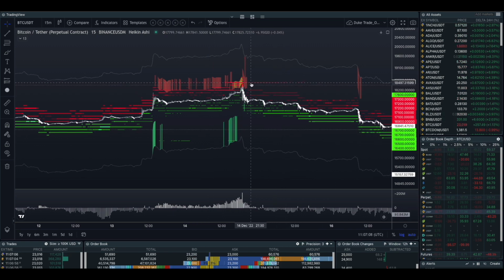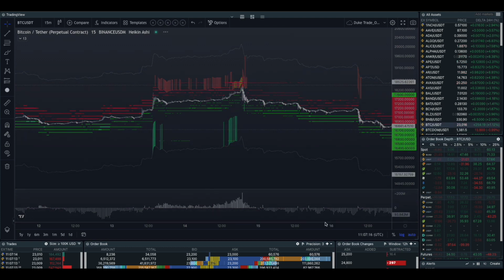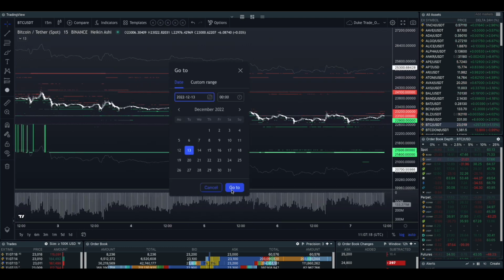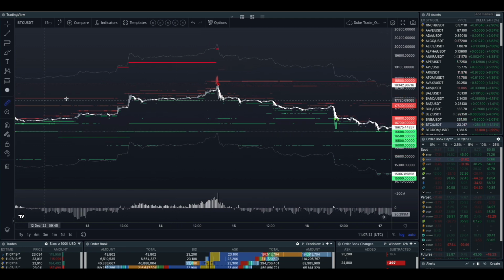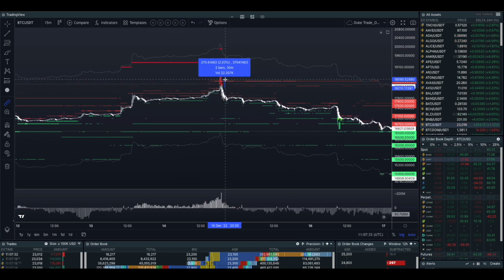Now you could have had your stop above 18.5 there for that top level. So you've got a really, really tight risk reward. Let's have a look at what it would have been on spot. Yeah, again 18.5, okay. So if you were short here in a very, very volatile market, even if you were a little bit late to the party, you still only had a 2% risk there on the short position,